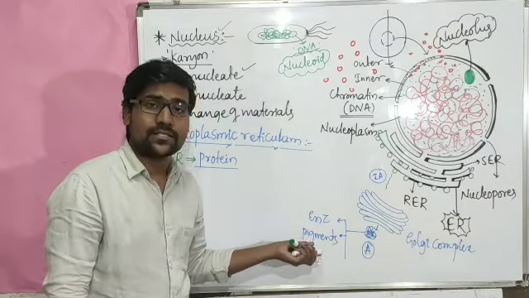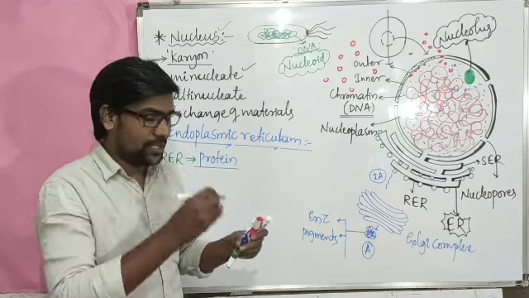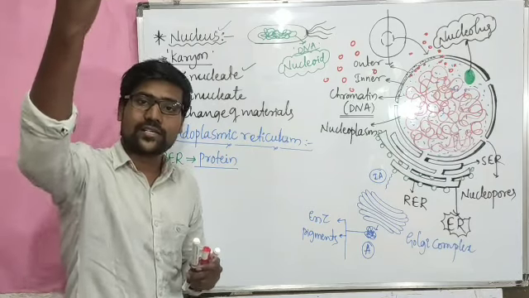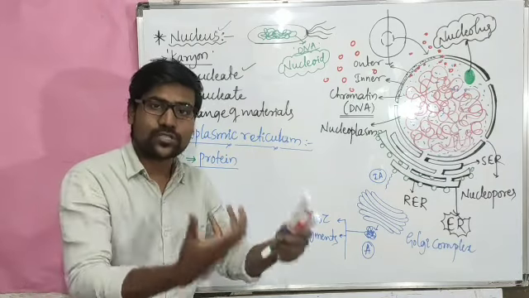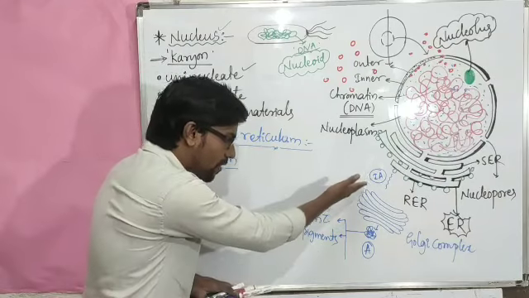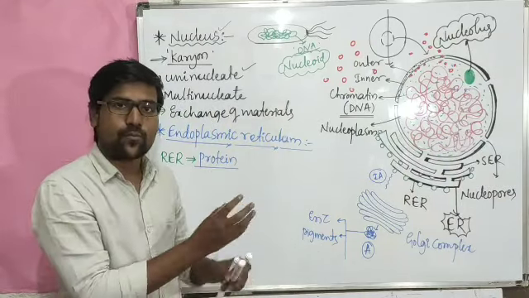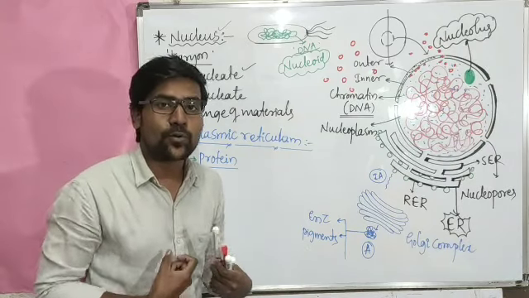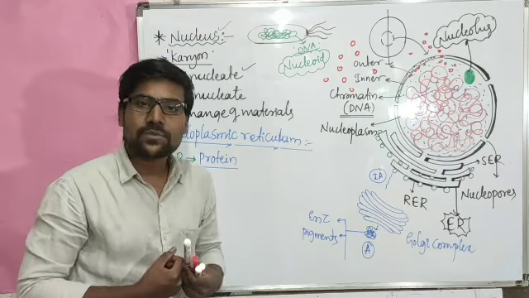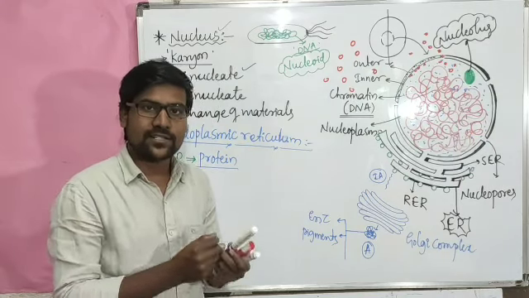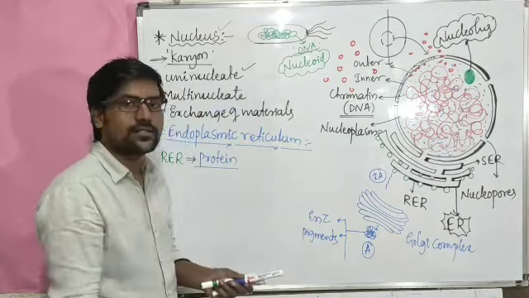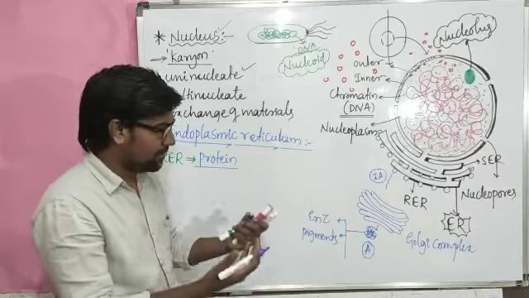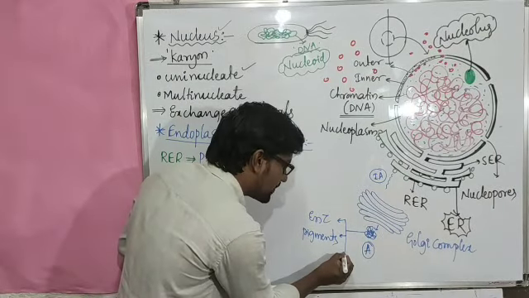So pigment means colors. As we already know the famous color, in case of plants, we have chlorophyll. Chlorophyll, its color is green. Its work is absorption of sunlight, which helps in the photosynthesis process. Such kinds of pigments are formed by this process itself, by modification of that protein. Or in our body, if we consider the hemoglobin pigment, where is it present? Yes, it is present in the RBC. So that is nothing but a pigment. So we have many pigments, all formed in this way itself.